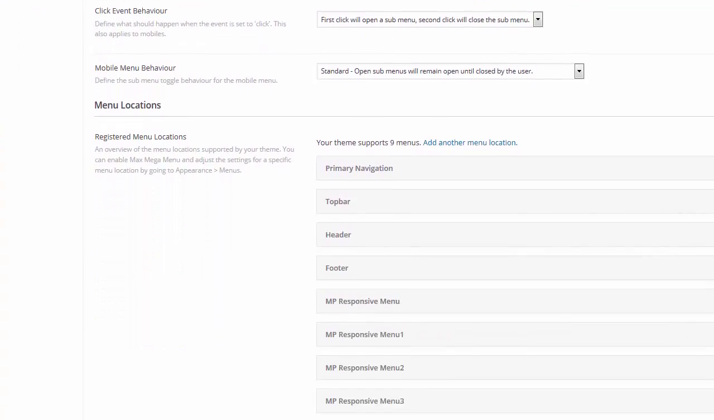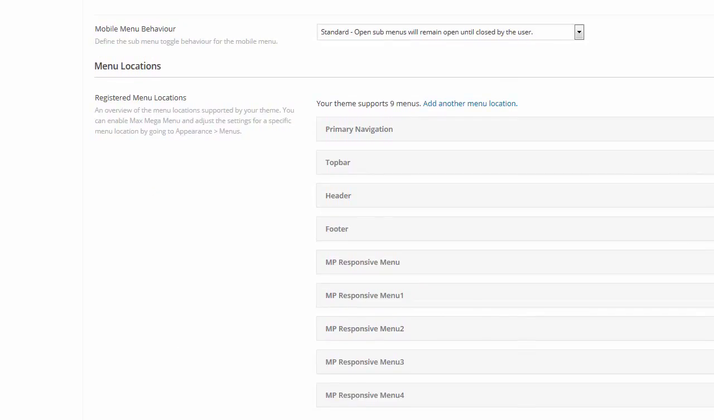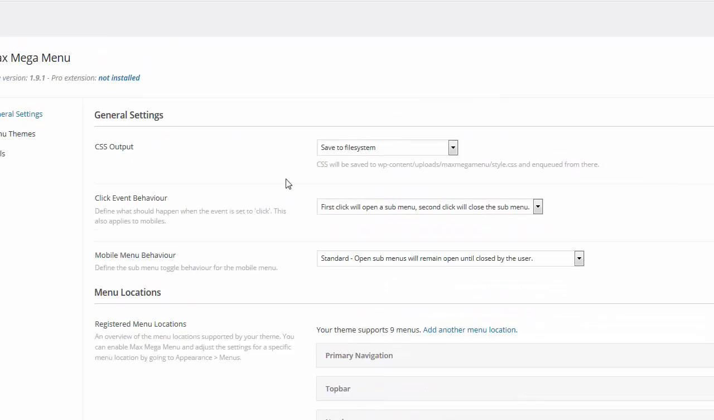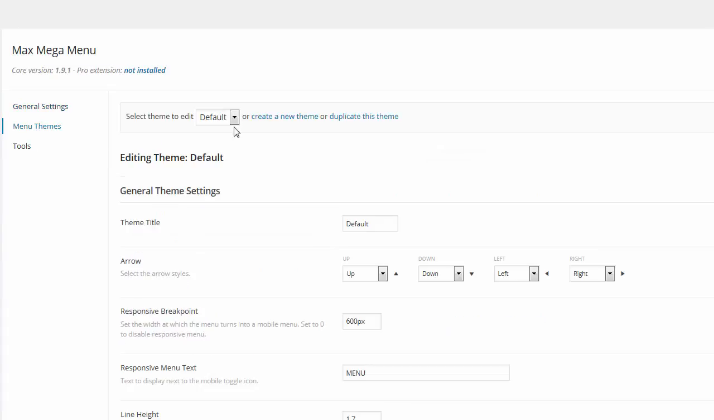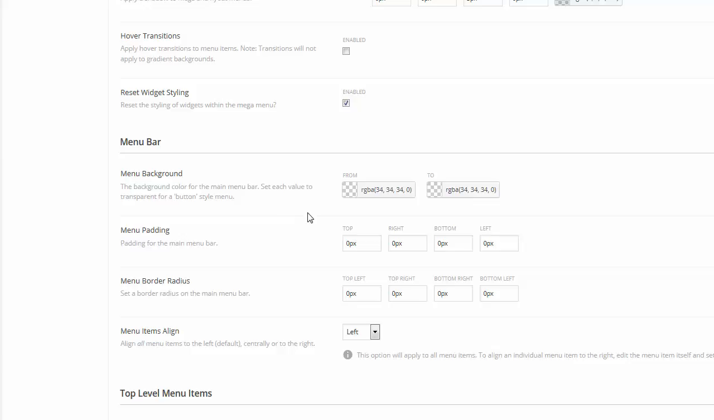There's training on it, and the theme automatically has 5 responsive menus: responsive menu, then 1, 2, 3, 4, there's 5 altogether. Header, footer, top bar as well. You can add as many menus as you want. You'll see here that there's a number of themes, and you can save a lot of different themes. This one is called default, but you can create a new theme and set the style and the